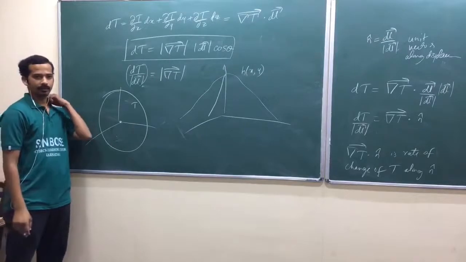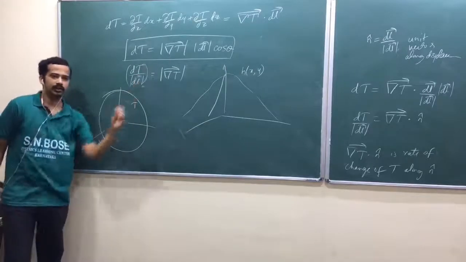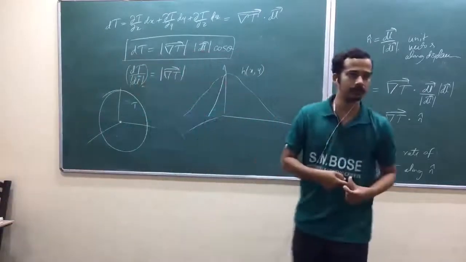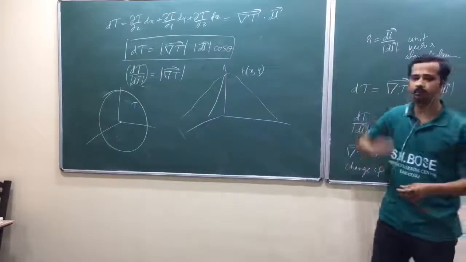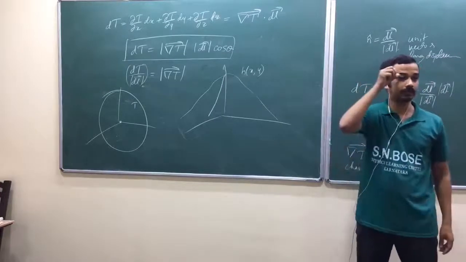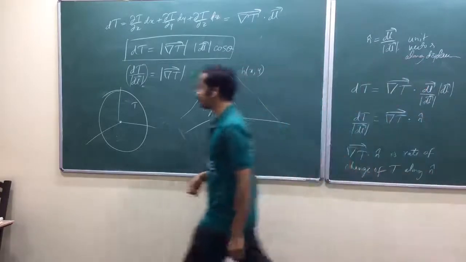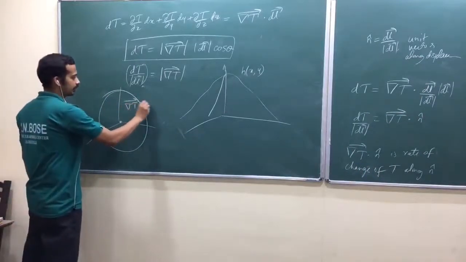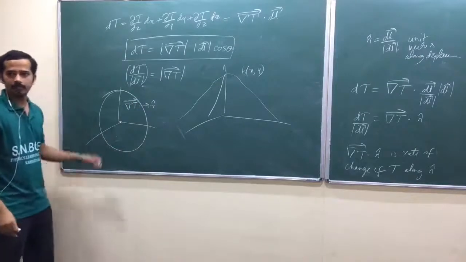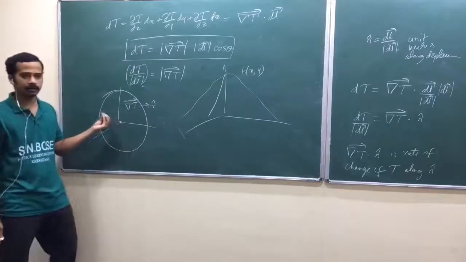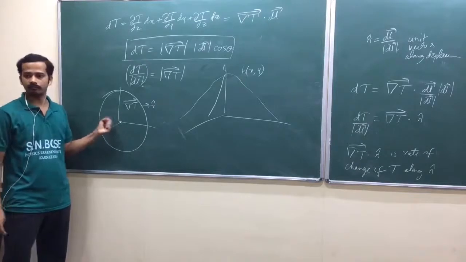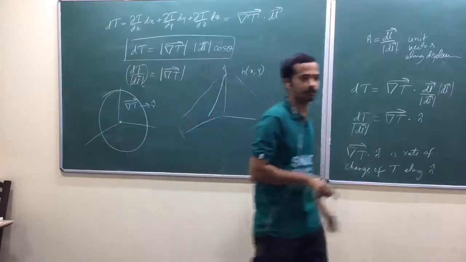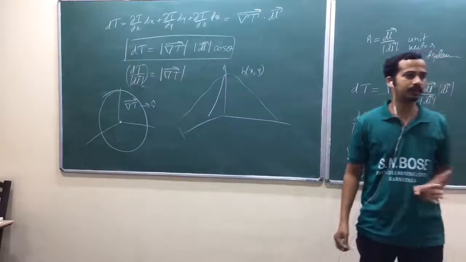Is that okay? Now when you move along the radially outward direction, along the r cap direction in spherical polar coordinates, your change in temperature is maximum. So I can say that the gradient of T is along the r cap direction in this case. By keeping that hot body at the origin of my spherical polar coordinates, gradient of T points along the r cap direction, because along radially outward, temperature changes in the maximum way.